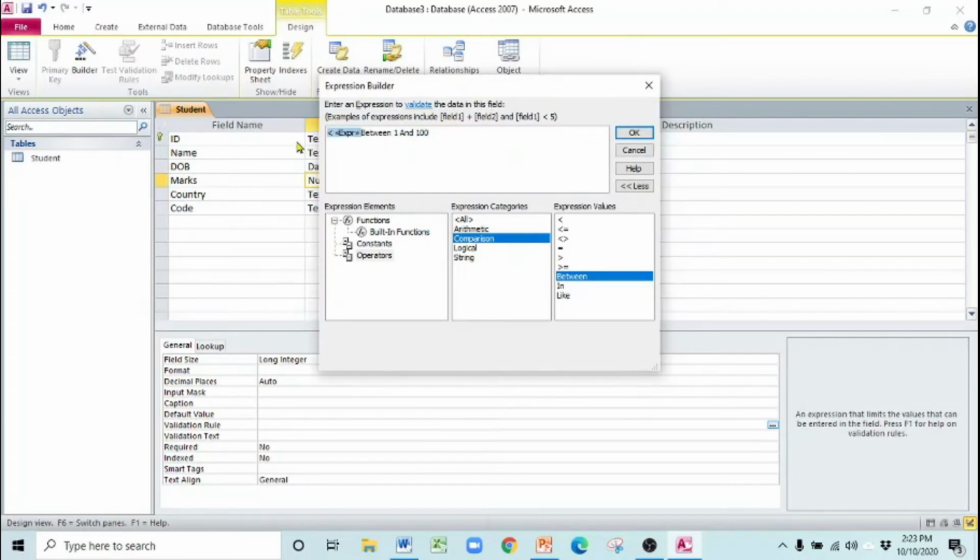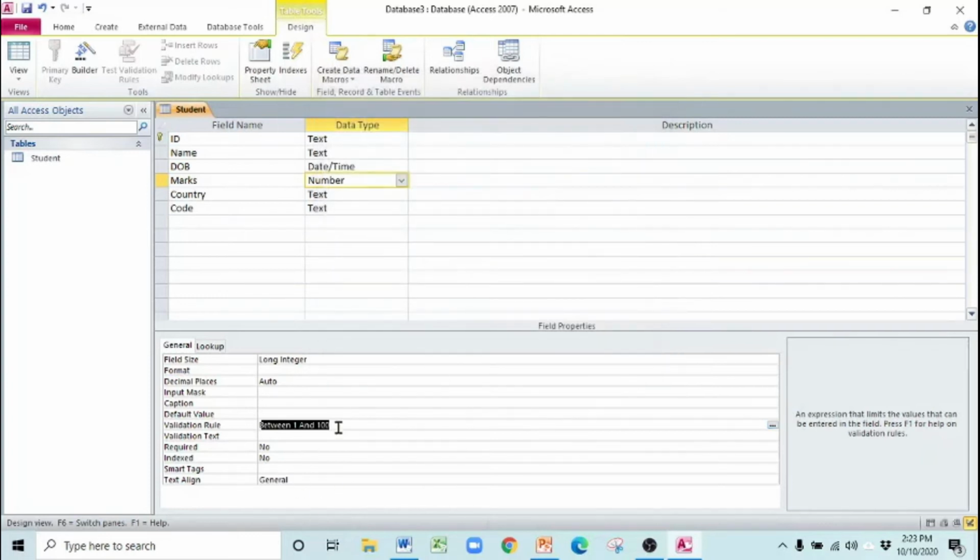Okay, so your data must be between 1 and 100. Click on OK. It is applied. If you want to show any validation text, such as enter data between 1 to 100 only, it will be shown when it is rejected.